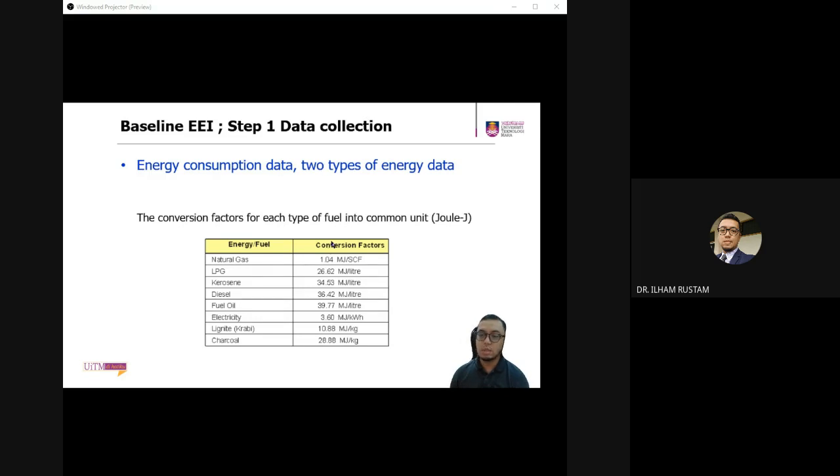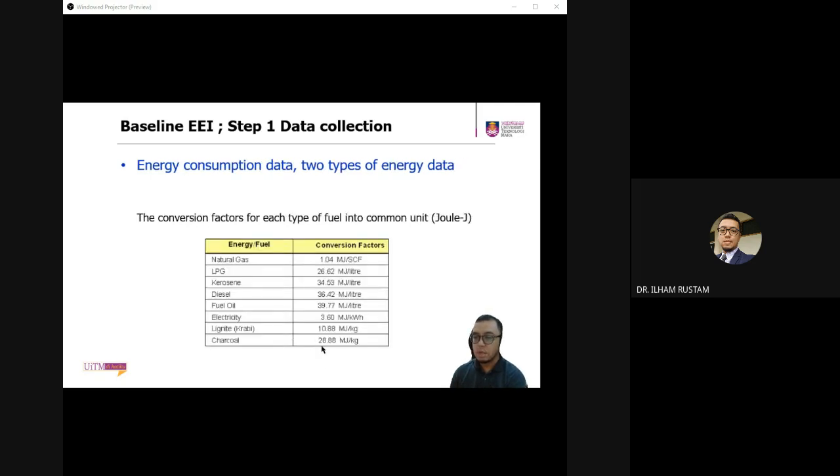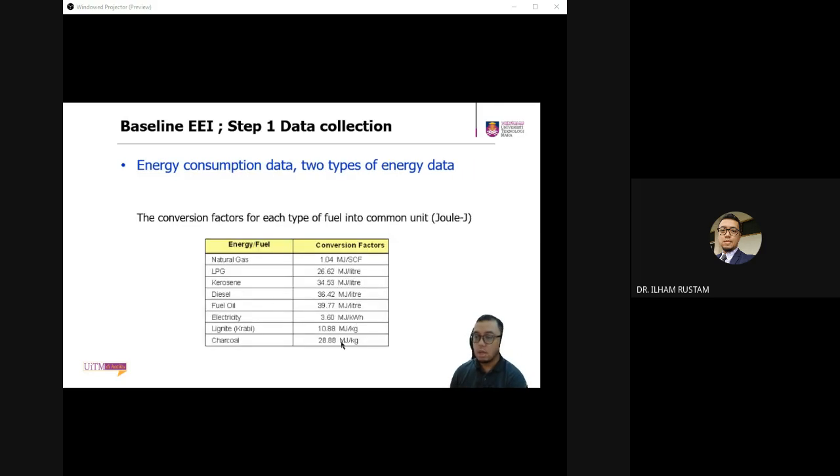So this conversion factor is basically the amount of energy that scientists have proven, not just newly tested, proven and accepted worldwide, as a result of 1 unit of that liter or ton of the fuel that we want to measure. So from this table, it shows that for charcoal, which is coal, coal is the same. Based on 1 liter of charcoal, 1 ton of charcoal, you should get